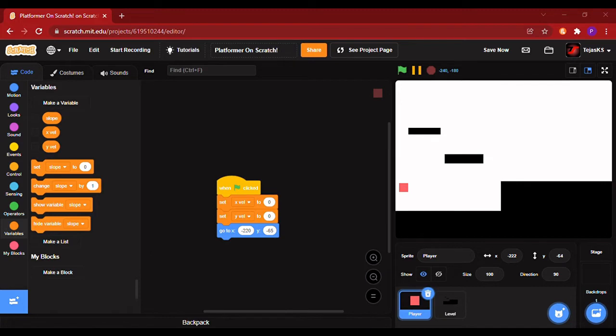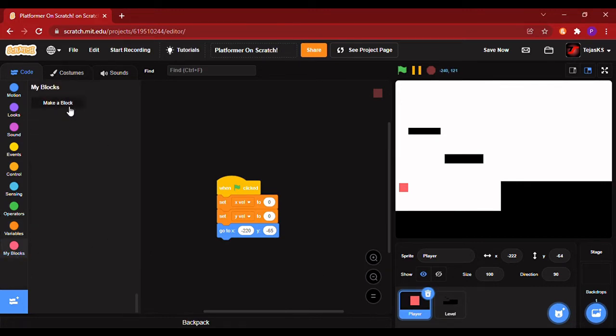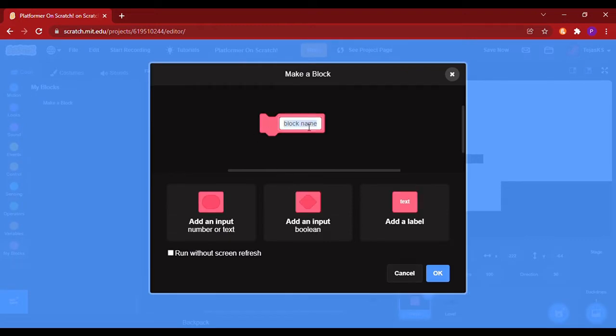Then after this, we will be making our custom block. We will name it platform physics. Now we will be adding a number input value.